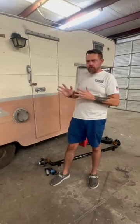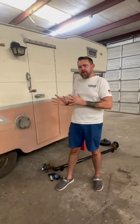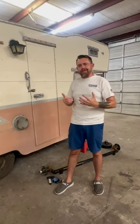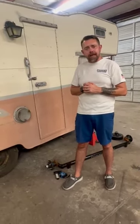And a lot of people that do trailers don't understand this because it's a vintage camper. They get caught up in the everyday brand new stuff, and they really don't understand what goes on. So we want to bring you into 2024. We want to show you what's going on, and we want to explain it to you so you have the